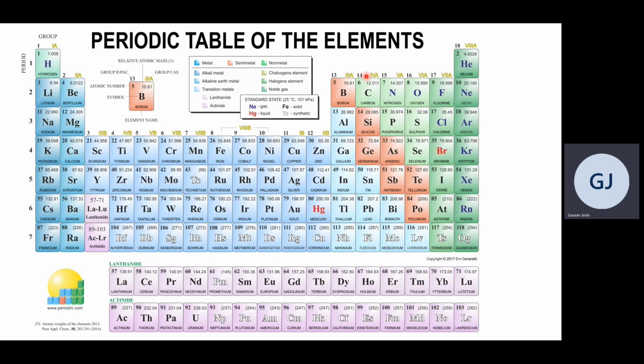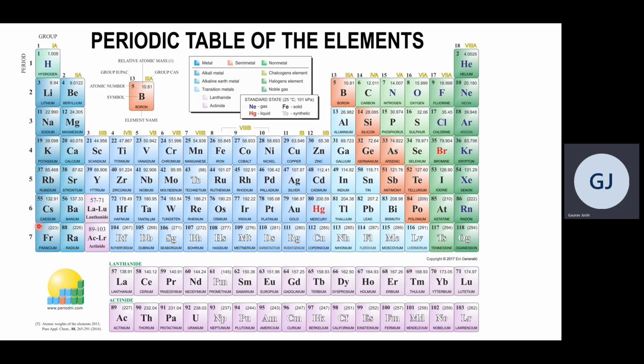So basically this is hydrogen, then we have helium, lithium, beryllium, boron, carbon. So we have the atomic numbers 1, 2, 3, 4. This is actually the thing. So basically this is called the group, and these horizontal lines are called the periods in the periodic table.